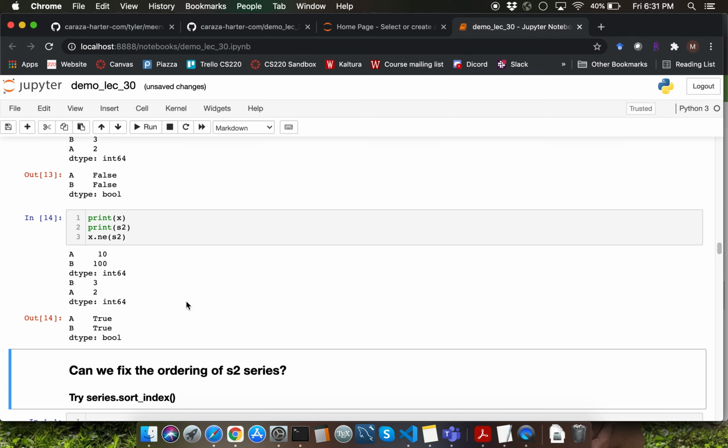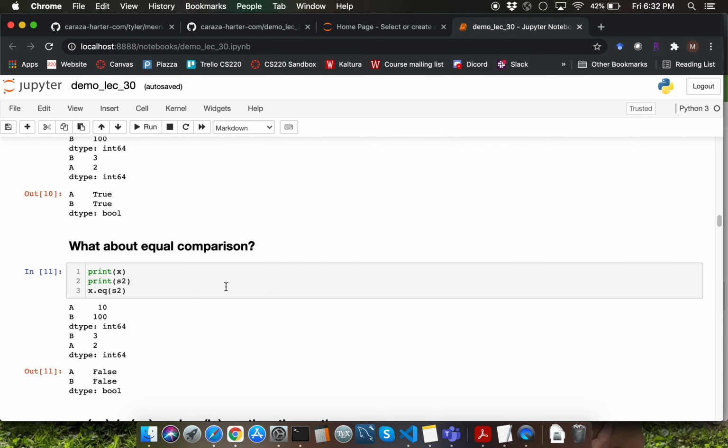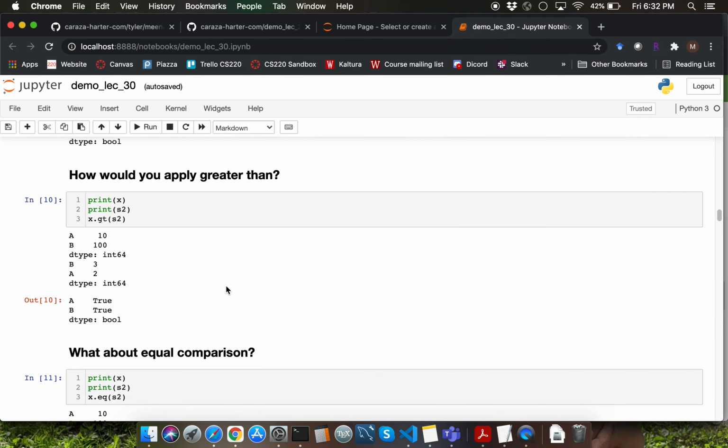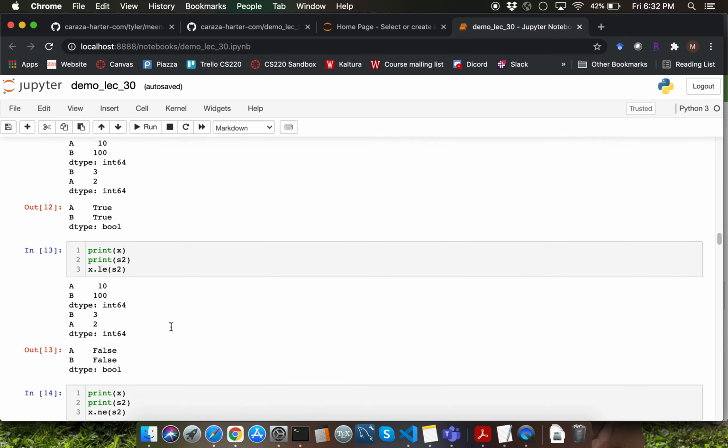between those two series. The key thing for you to remember with respect to data alignment is that you cannot apply comparison operators between two series whose data is not aligned properly because of mismatch between integer position and index. Instead, you have to use these operations which have LE or GE and other kinds of abbreviations. These should be pretty straightforward for you to remember.